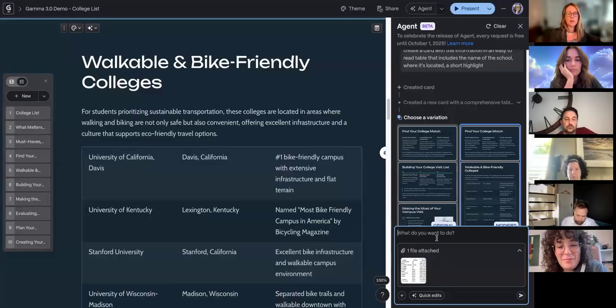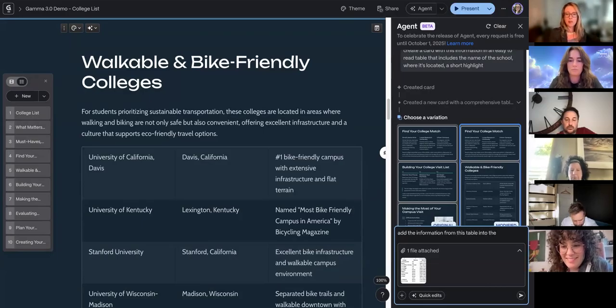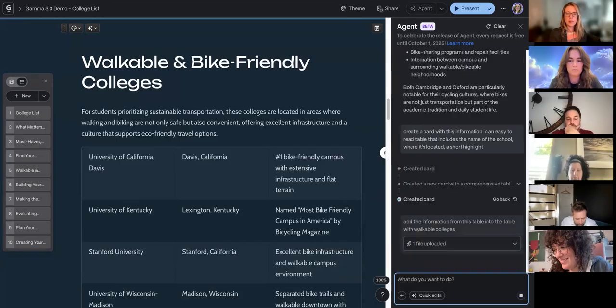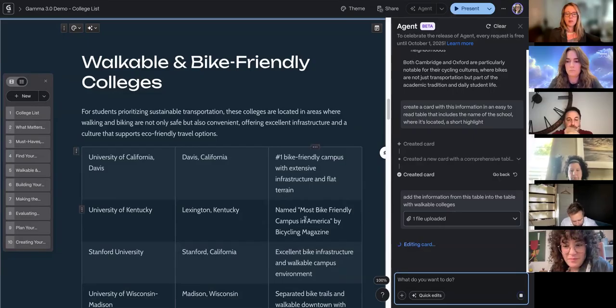And so if I want to attach that file, I can say add the information from this table into the table with walkable colleges. And now it's actually going to parse that table and add those as additional columns and append it,